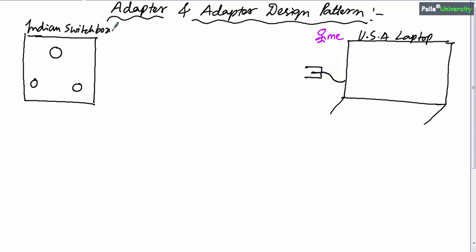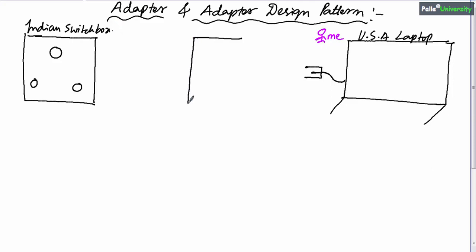Tell me, is it possible or not possible? Obviously it is not possible, because USA laptop plugs have sharp edged corners, whereas the Indian switch box allows only rounded corner plugs. Now in such cases, what do we have to do? Obviously we have to use an adapter which will take the USA plug as input and emit an Indian plug as output, which may look like this.